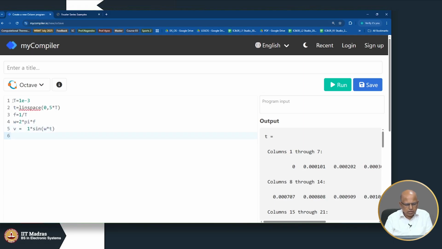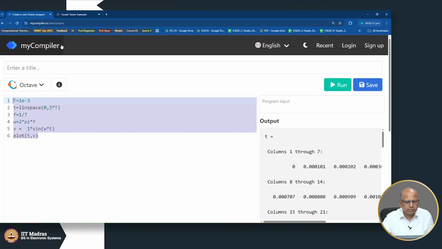Okay. Let me plot this and show you. So, we will just get a sine waveform, nothing else will happen. Okay. So, if you run this,